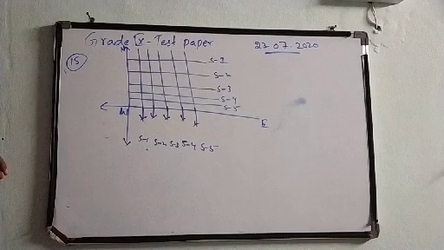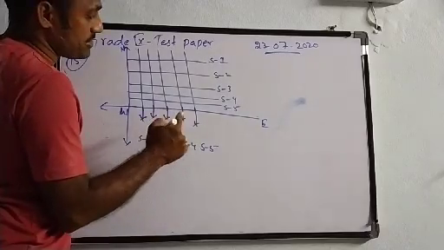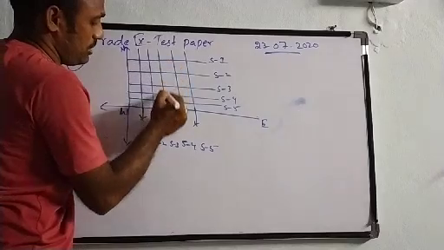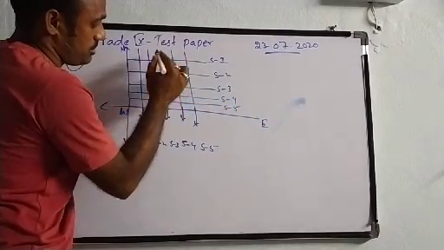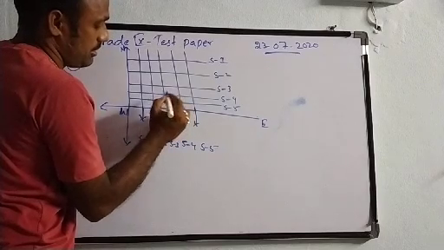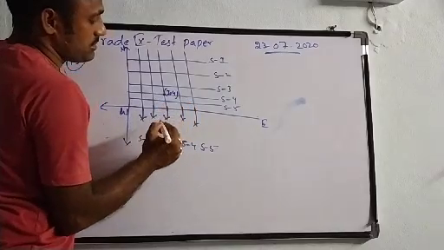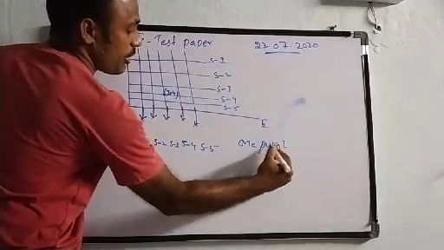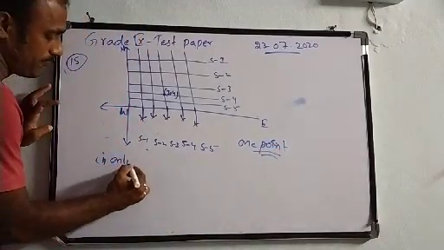Now, the first question is that he is asking about the coordinates 3 comma 4 and 4 comma 3. So how many times is it going to have 3 comma 4? So the third street will be this one, and the fourth one. So 3 comma 4 will be there. Here will be 3 comma 4. So it is there only at one point. So it is asking at how many times it will be there. So it will be there at only one point. The first answer is only one time.